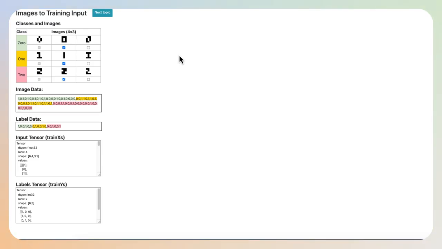Vision, images to training input. Organizing multiple images into image data, such as input tensors and label tensors, is a critical step in creating effective image recognition algorithms. Transforming raw images into a structured data format like tensors allows deep learning networks to efficiently learn